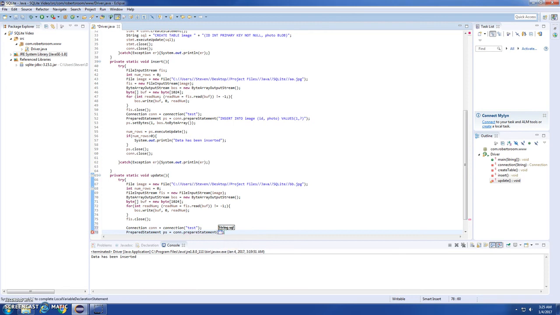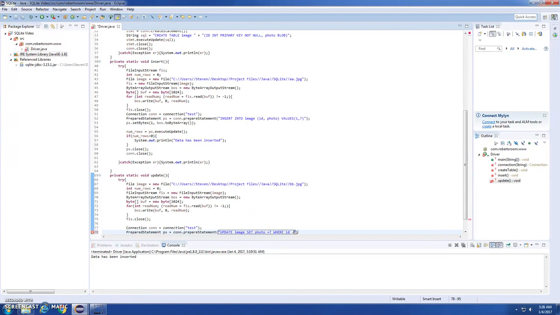Once again, we've got our SQL string in here. The SQL for this one is the word update image, which is our table, set photo, this is the field, or the column, that we're going to be changing, equal to question mark, where